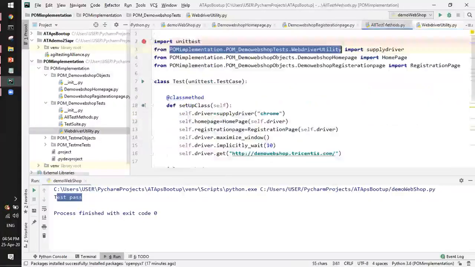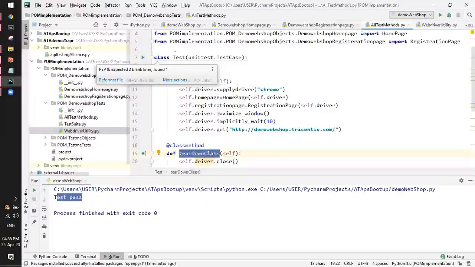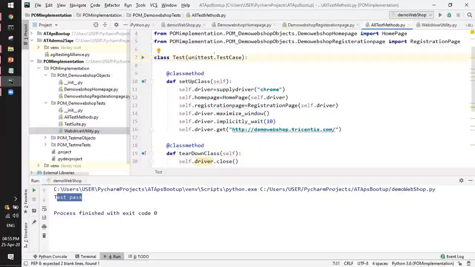Okay, so next I'm creating, similar to TestNG, something called a setup class and teardown. These are similar to before test and after test. Just have a look at this syntax, which is kind of hard-coded. You have to follow the same for creating these methods inside PyCharm. You have to create a class whose name starts with test, and inside that we have to pass unittest.TestCase. This is again an inbuilt feature, an inbuilt method which we have to provide.